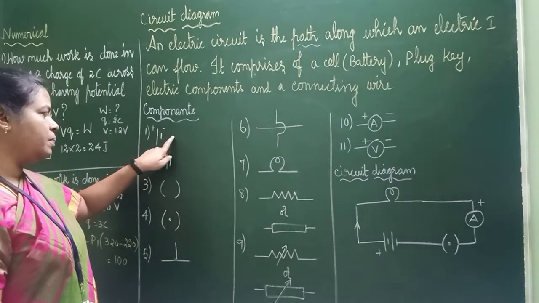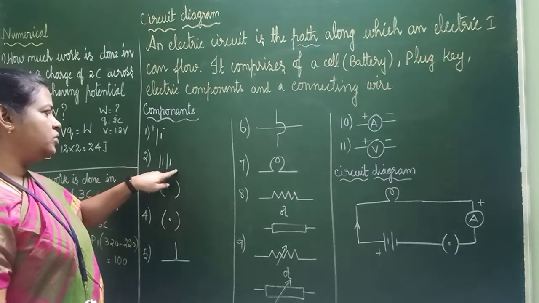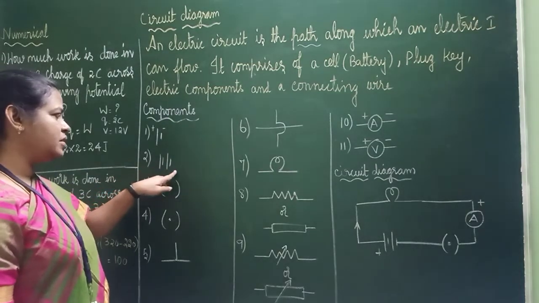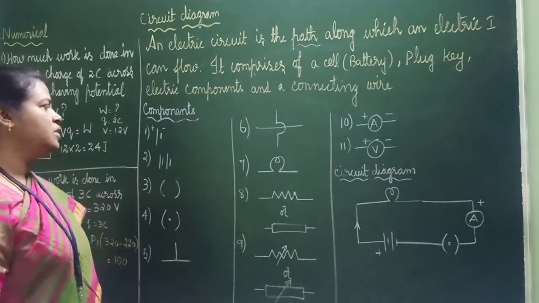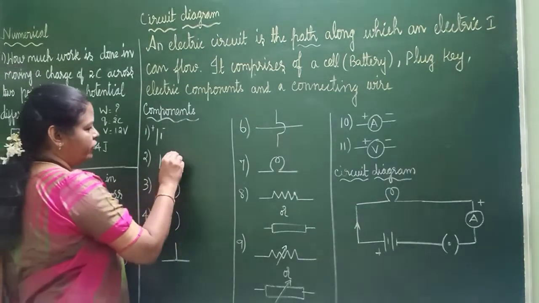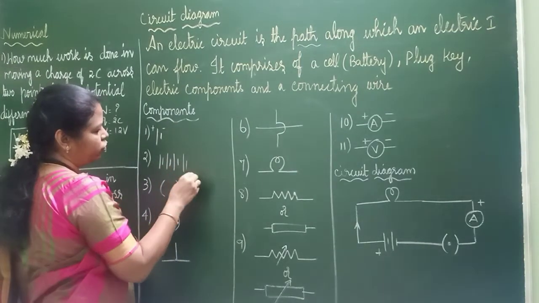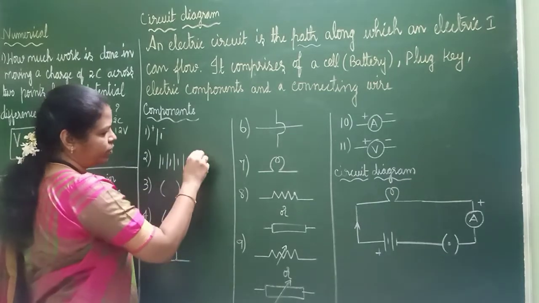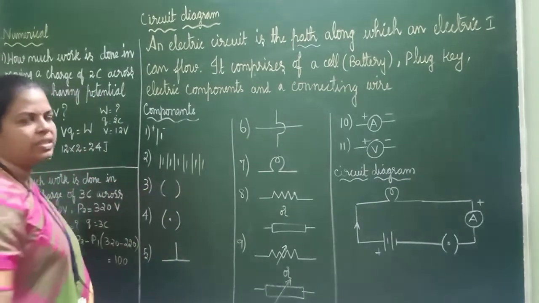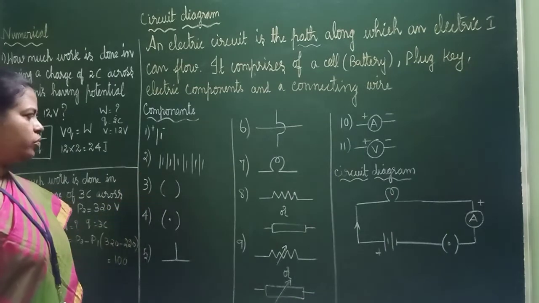This is a cell. If we are having 2-3 cells like this, then we will consider it a battery. Okay, 2-3 cells we can have. If I am adding 3 cells like this, 4 cells, 5 cells, 6 cells, it goes on like that. 1.5 volt will be for one.